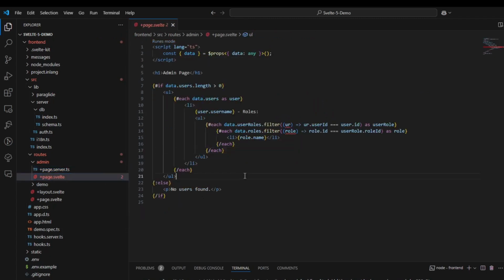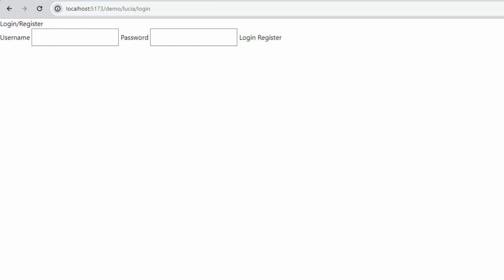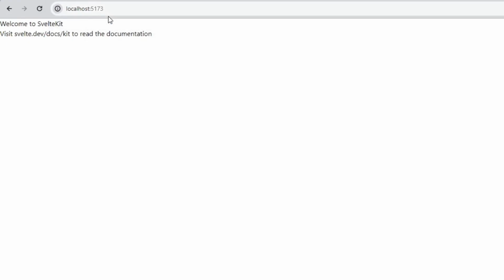In the page.svelte, we've set up a simple page that shows the admin all of the user data. If the user length is greater than 0, we've found the data in the database, otherwise it will show no users found. If the users are found, it'll iterate over all of the users and show their roles. Once this has been saved, we can now head back over to the server. And if we try to open up the admin route, we can see that it directs back to the main page.